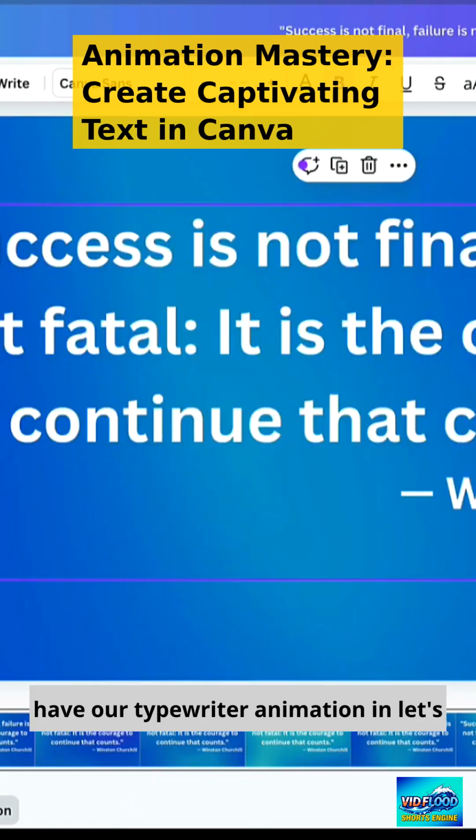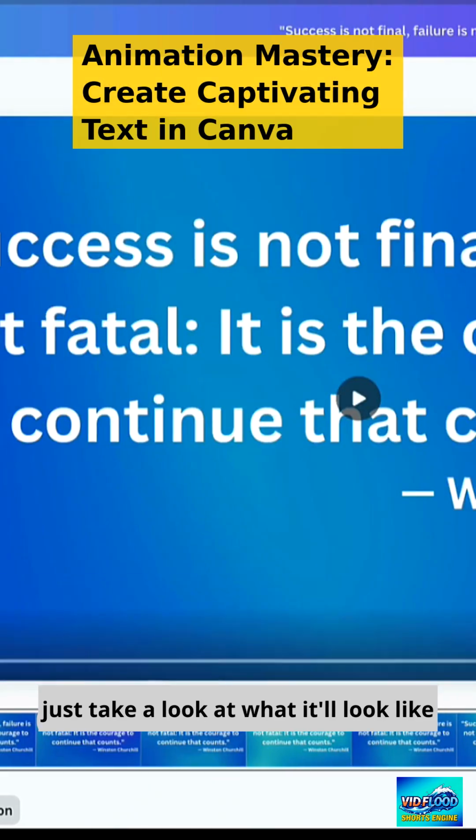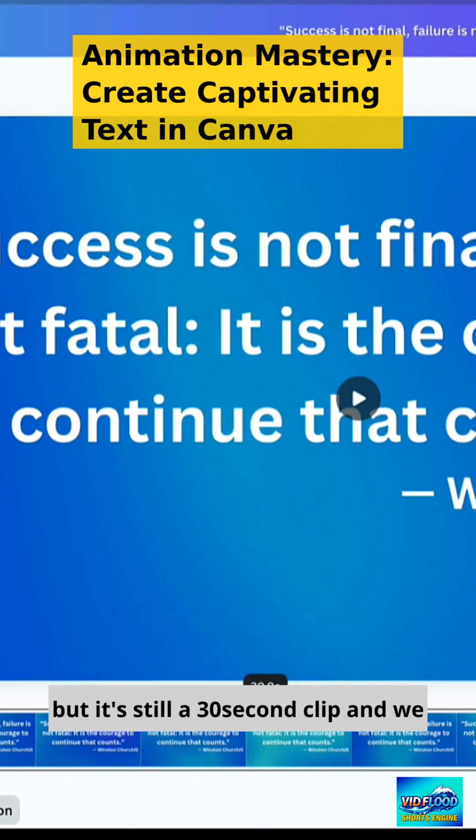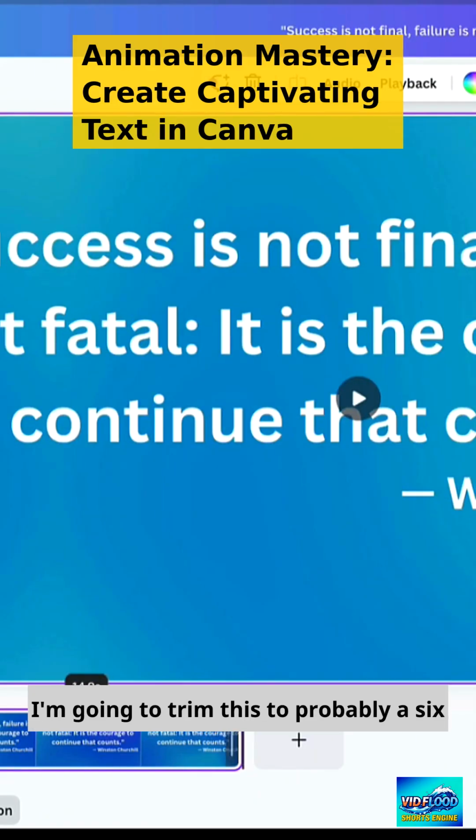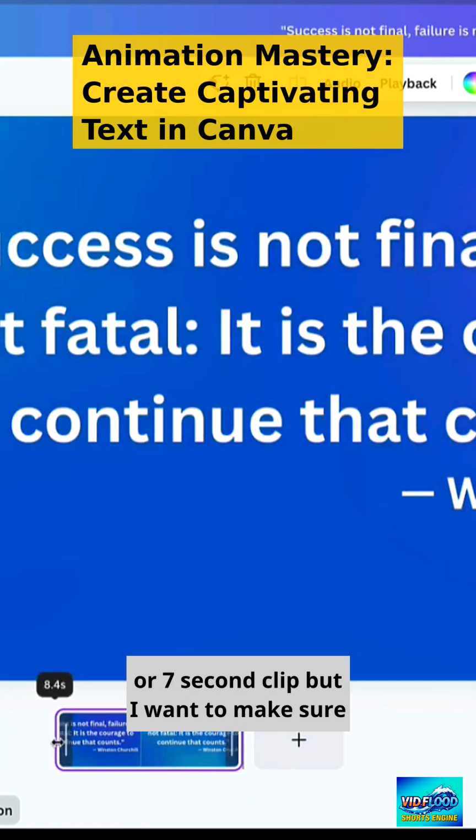So now that we have our typewriter animation in, let's just take a look at what it'll look like. But it's still a 30-second clip and we don't really need it to be that long. I kind of want the light bluer color, so I'm going to trim this to probably a 6 or 7